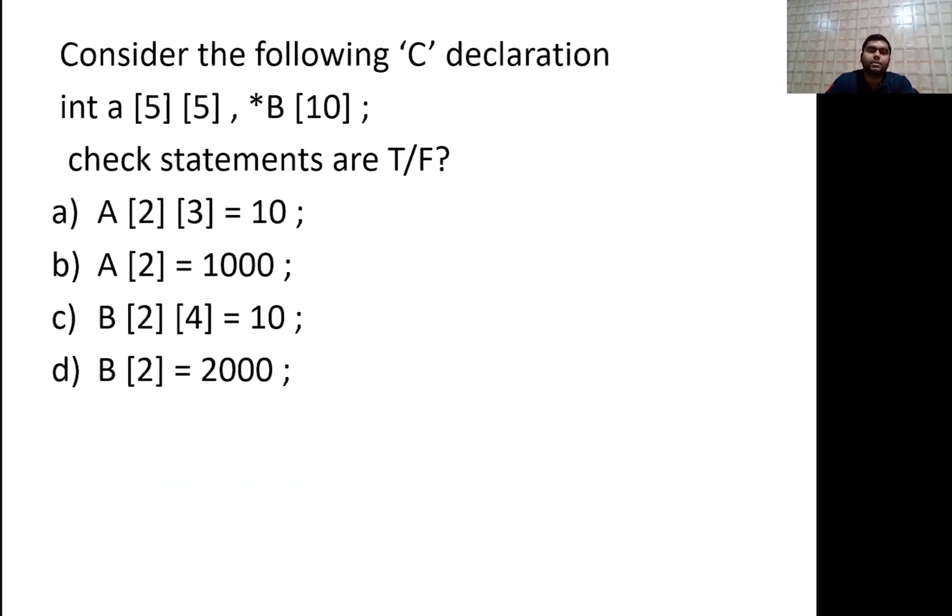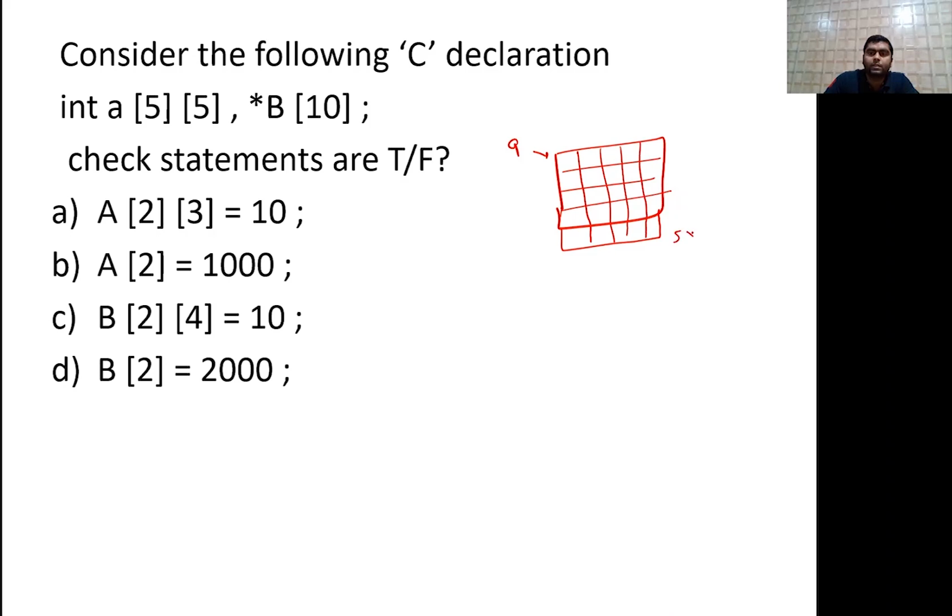Now next is, consider the following C declaration. So this is a declaration. First is an array A of 5 by 5, something like this, with indices 0 1 2 3 and 4 for rows and 0 1 2 3 and 4 for columns.